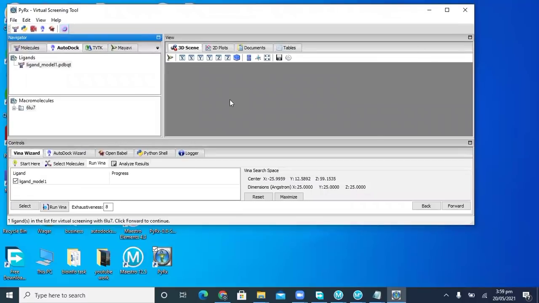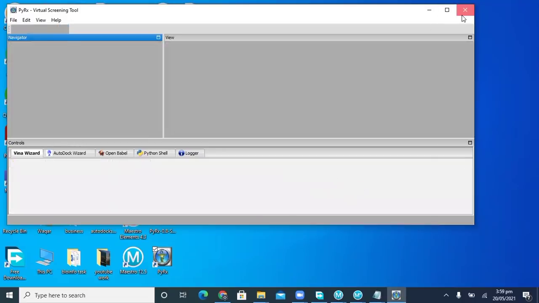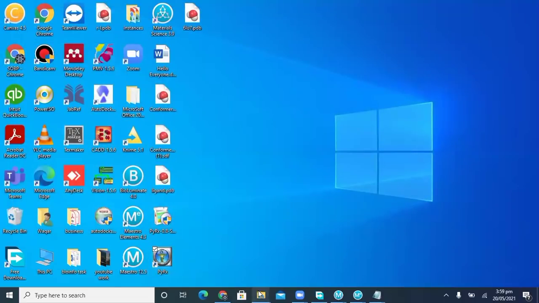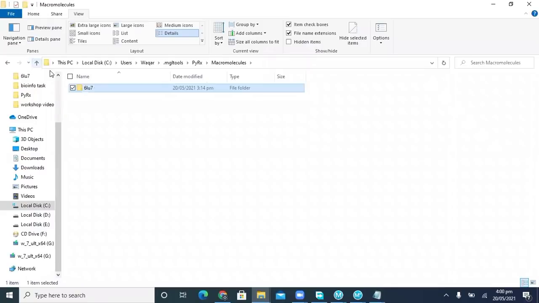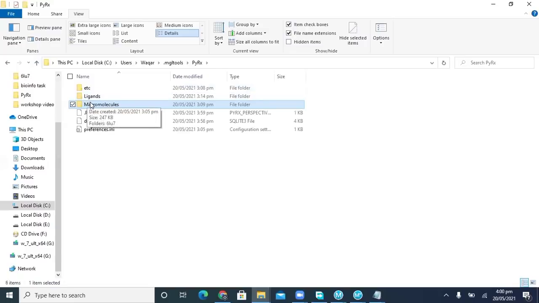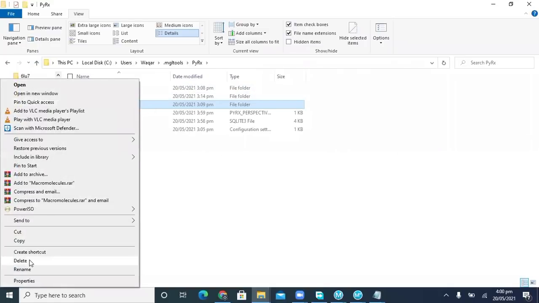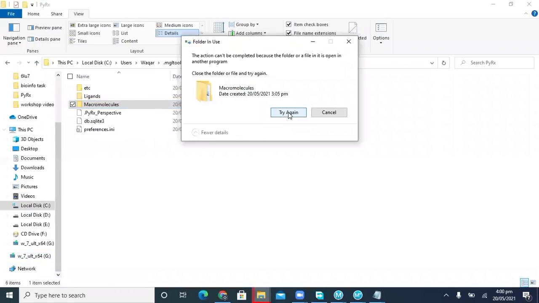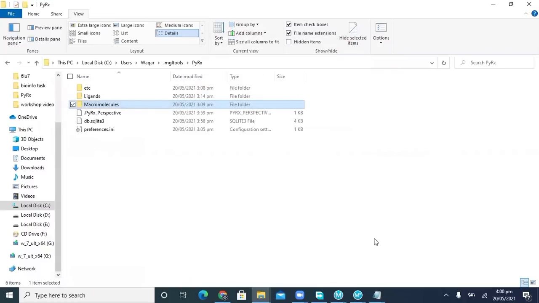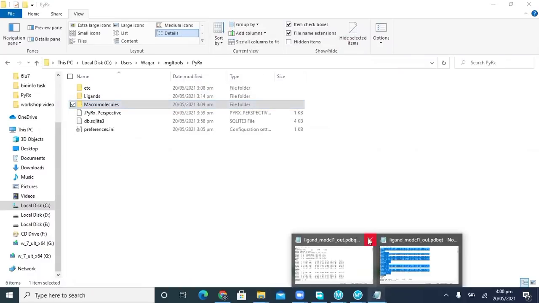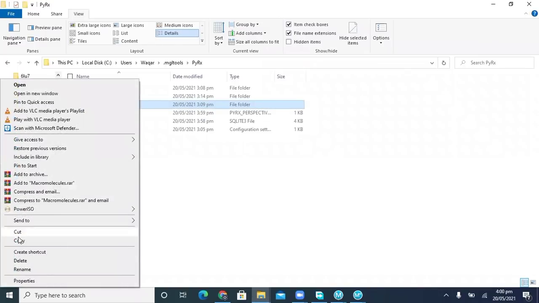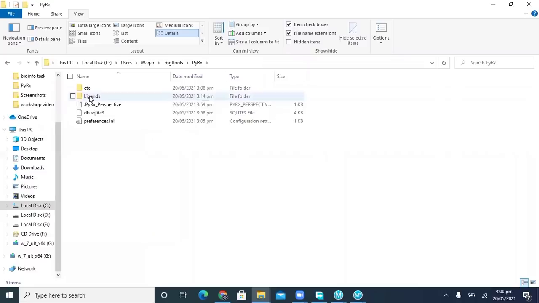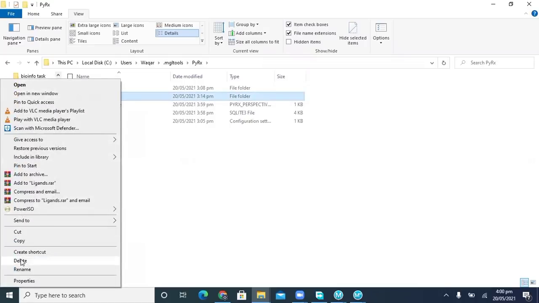If such errors keep happening, you can do this task by deleting the molecules. You can delete it, and the ligand will also be deleted.